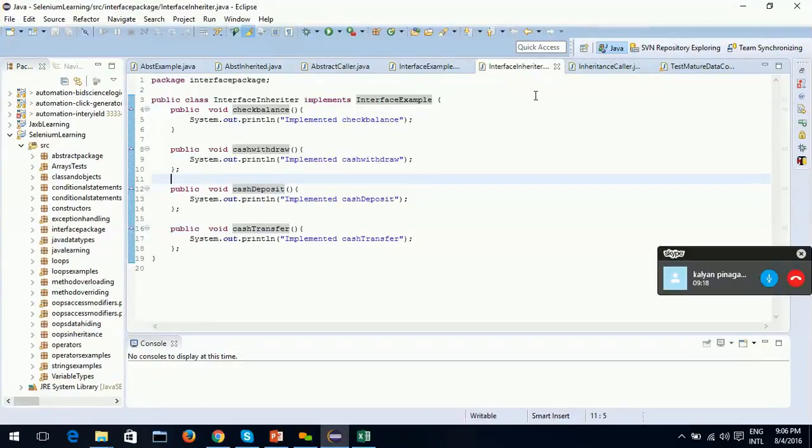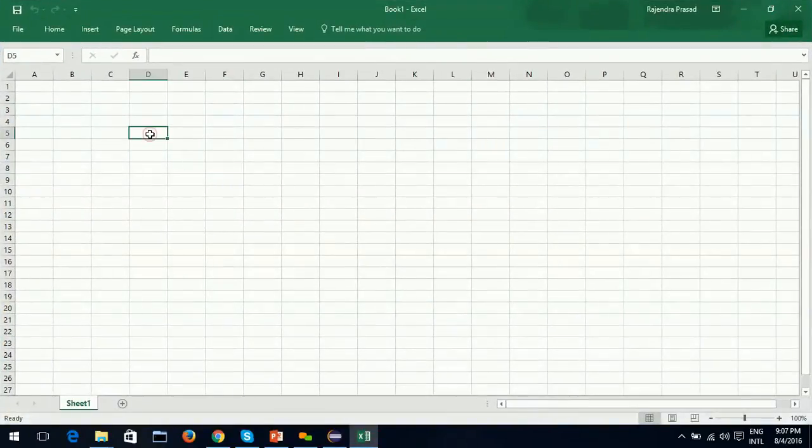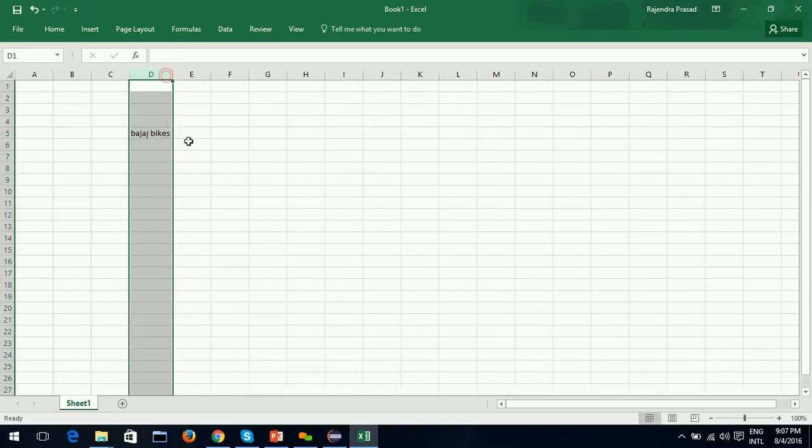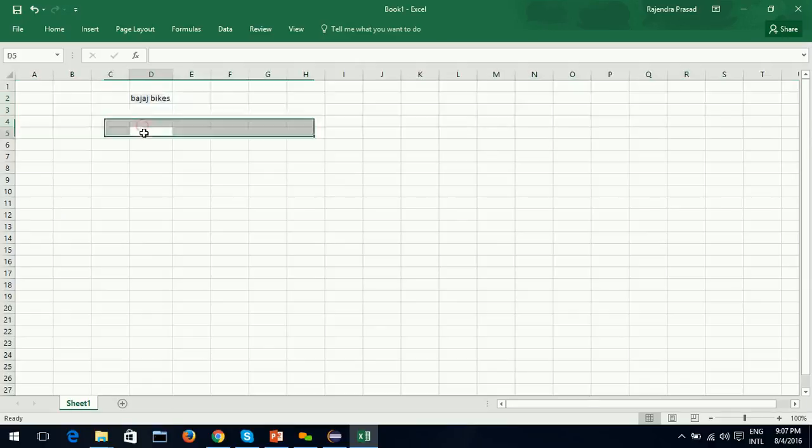Okay, so now you know the theory of what an abstract class is and what an interface is. Now let us get into a real world example. I'll give an example. We will take an example of Bajaj bikes. So by default, what they say about a bike is that a bike can be started,